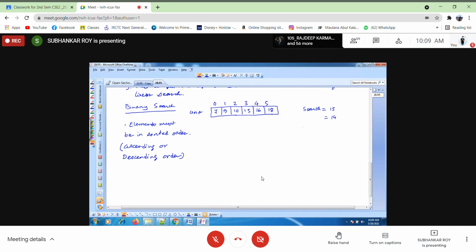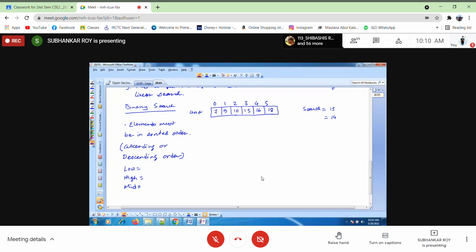In case of binary search, you have to take 3 variables: low, high and mid.